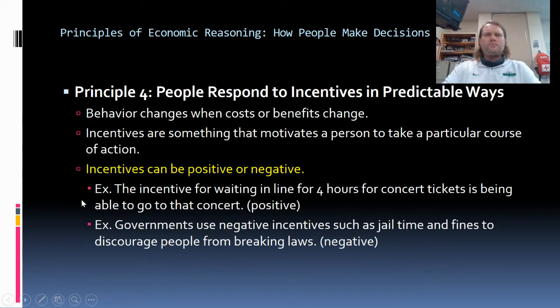Now, going back to that word incentives, we can also say that people are going to respond to incentives in pretty predictable ways, meaning that if we can figure out what's important to them, we can get them to behave how we want them to behave. Just to give you a little bit of an example,